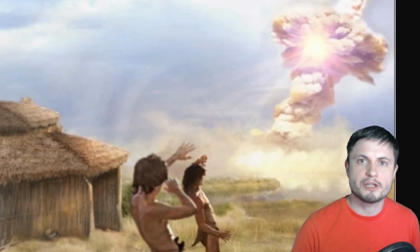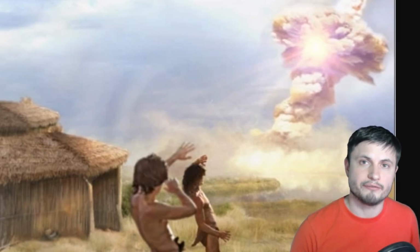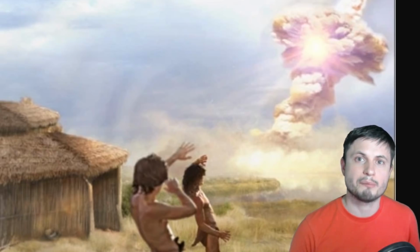But this was not a giant impact, not an impact that would create a crater similar to the one in Greenland that's 30 kilometers across. This was a much smaller collision, probably even an airburst of some sort that exploded in the atmosphere. So technically this could be a completely unrelated event and very likely just an asteroid or a comet that destroyed